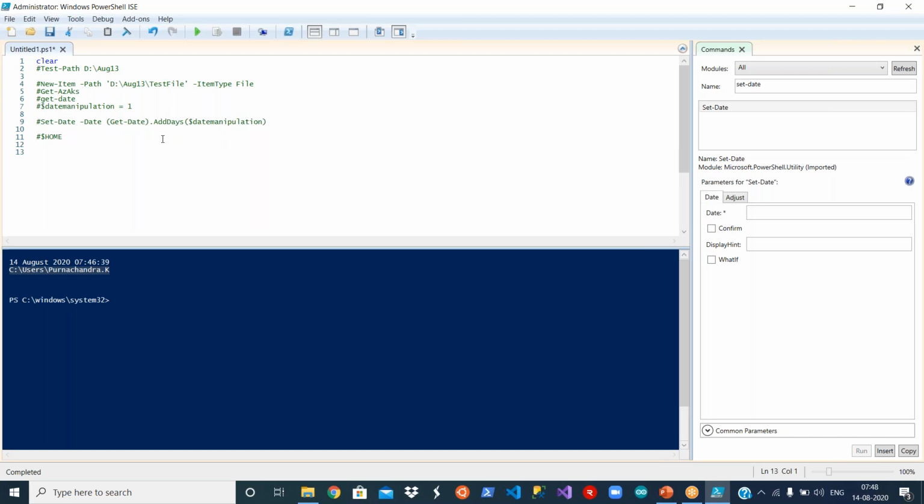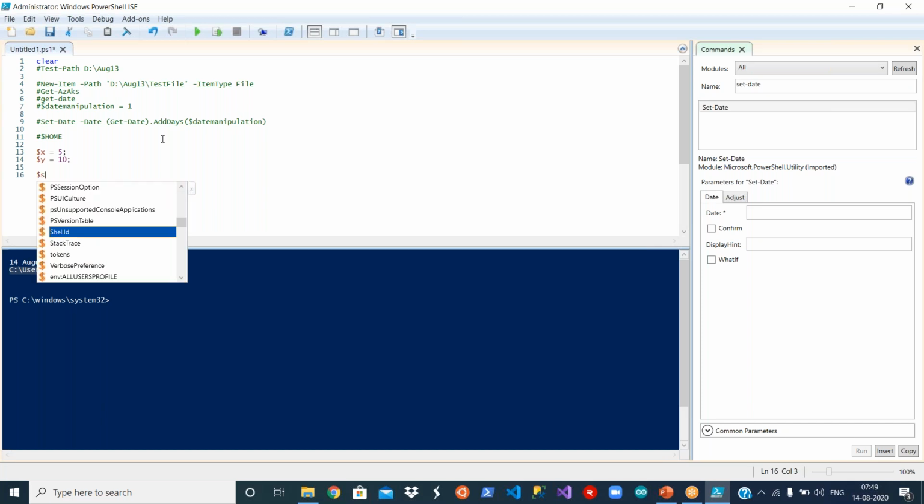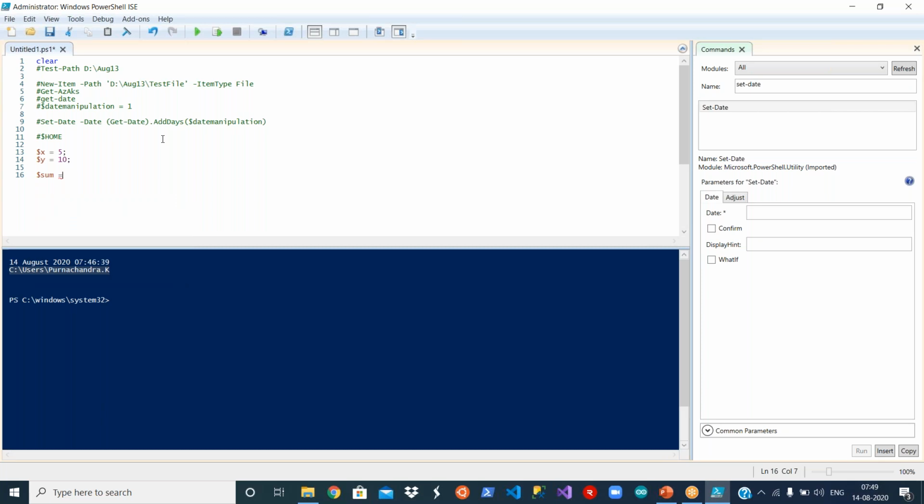So I'm just creating a variable, let us say $x equal to 5. This is the assignment operator, right? Okay. $y equal to 10. Okay. Then I create a variable, let us say $sum. Say this is a regular thing, but you need to get used to this. Plus